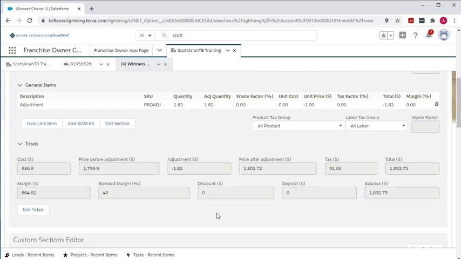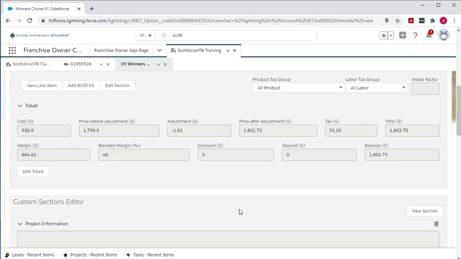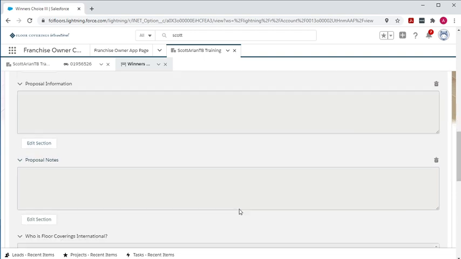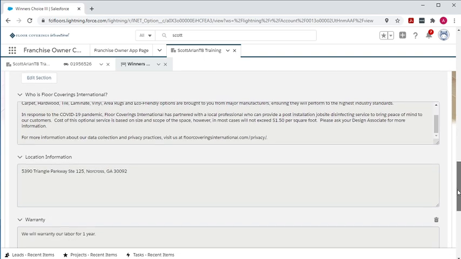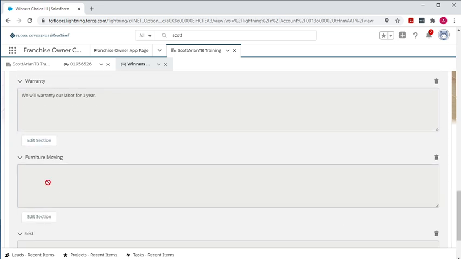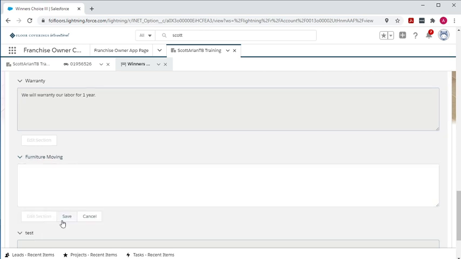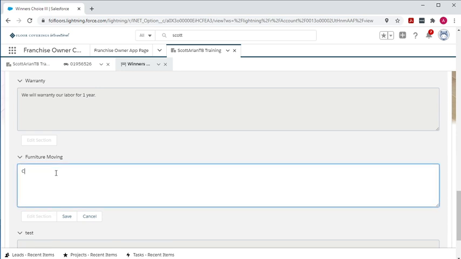One other thing that I want to do is I want to add a section of text down here. So Scott and I talked about several things that needed to be done in the house. And one of the things that he mentioned was that he was going to move the large aquarium that's in one of those bedrooms. So under furniture moving as a section, I'm going to hit Edit Section, Customer agreed to move fish tank